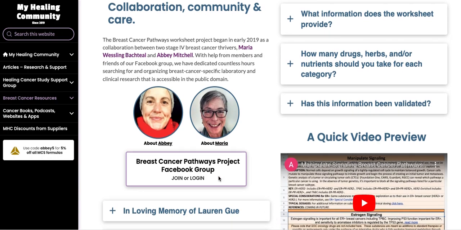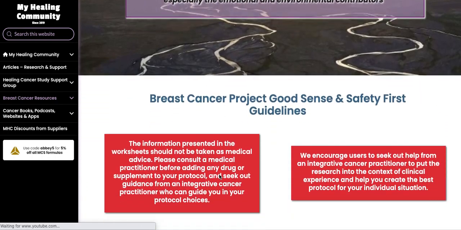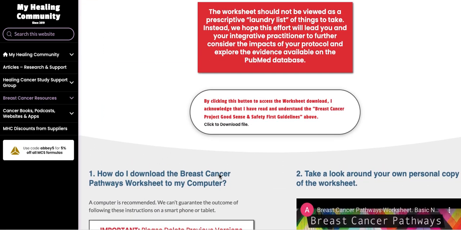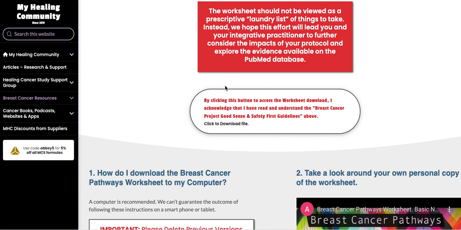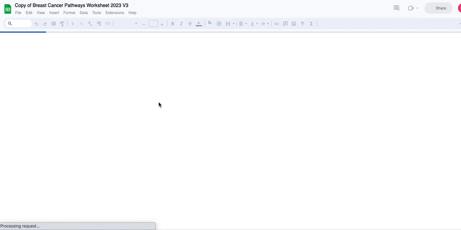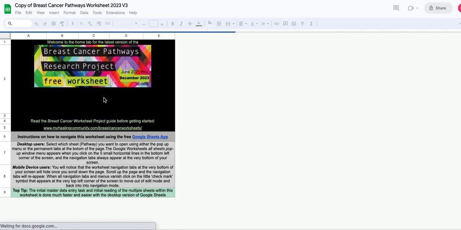This is the page where you download the worksheet. So you should have read through this by now. And this is the little very subtle download button at the moment. Once you click on that, read the disclaimer, make a copy. You need to have a Gmail email account and be logged in,